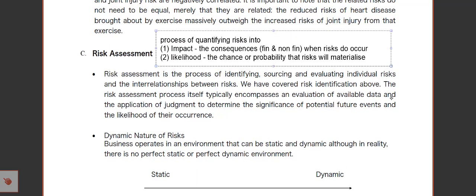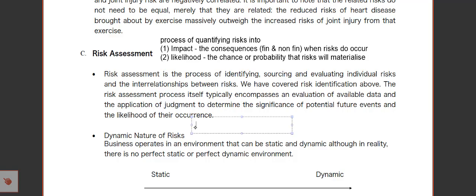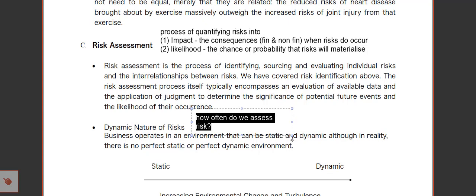Now, of course, when we want to assess risk, we always like to ask questions like, how often do we assess risk? Okay. Now, I'm just going to give very simple questions for you to think about this. You know, we need to do a medical checkup every now and then, so that we can know our health reading. Okay. Whether